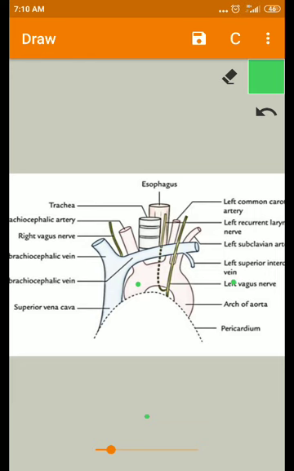Already I have told that some muscles are present at the posterior aspect. In front of the vertebral bodies, you'll have the longus colli muscles, and in front, at the manubrium sterni, it gives some origins for the sternothyroid and sternohyoid muscles. All these structures we are now going to see in the transverse section in the next video.